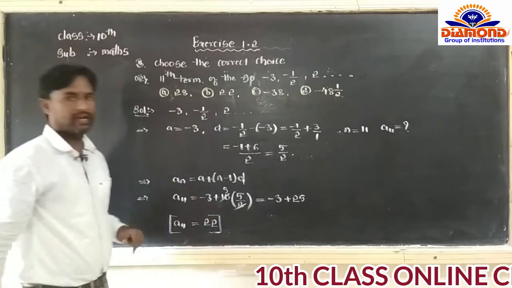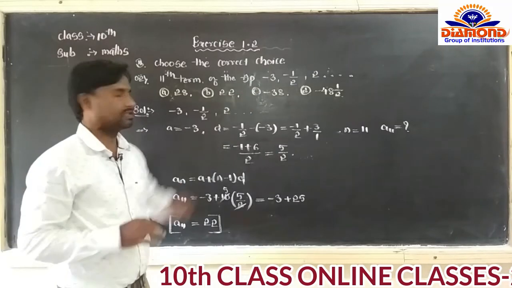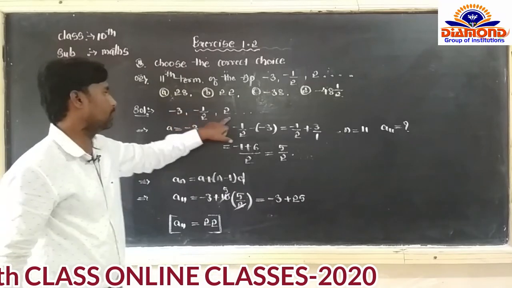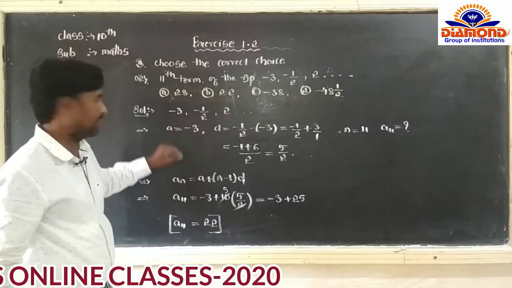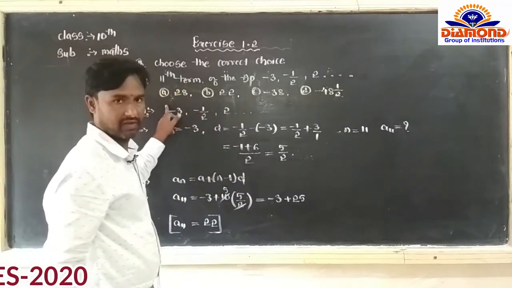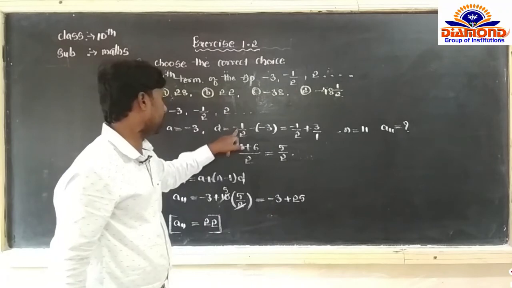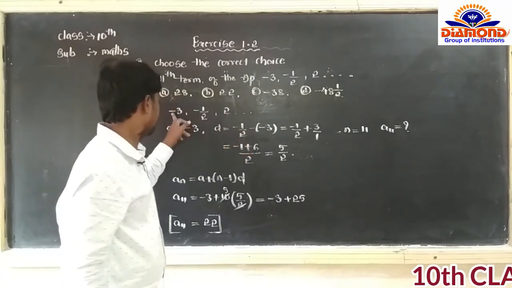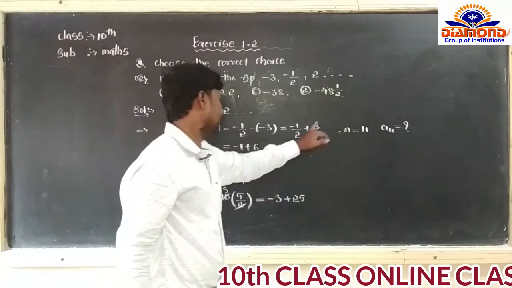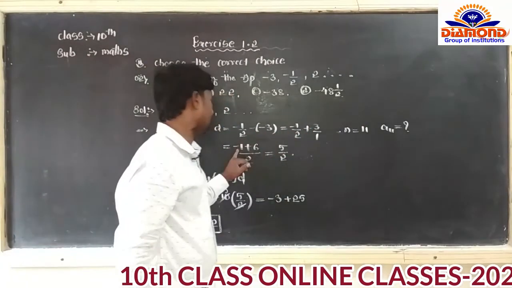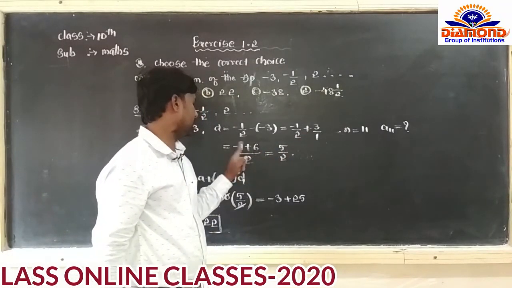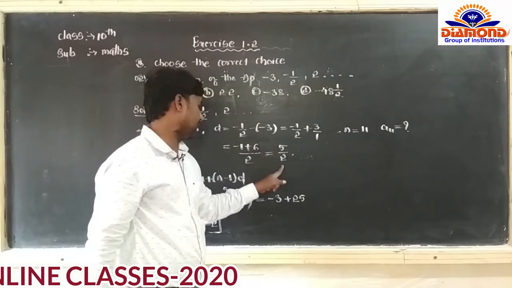Dear students, look at the board one more time. What is the sequence, what is the list? Minus 3, comma, minus 1 by 2, and so on. First of all, you take the values. The first term is minus 3. The common difference is A2 minus A1. A2 is minus 1 upon 2. Minus 3 as it is, minus 1 upon 2 as it is, minus into minus equal to plus 3 by 1. 1 into minus 1 is equal to minus 1. 2 3s are 6, 2 1s are 2, so minus 1 plus 6 is equal to the answer, plus 5 by 2, dear students.